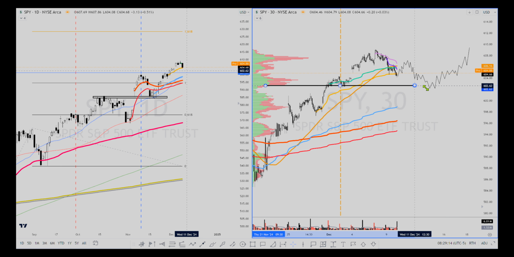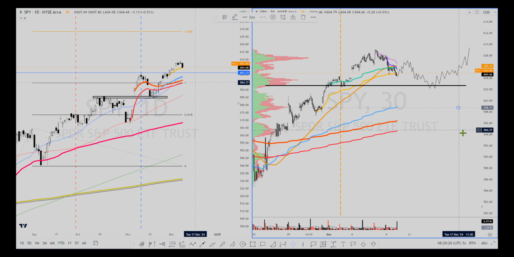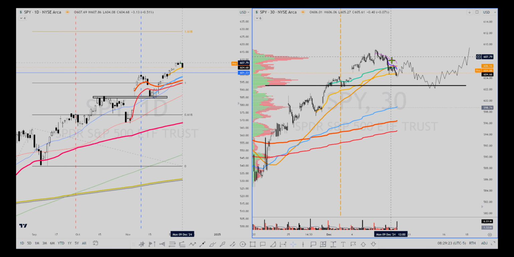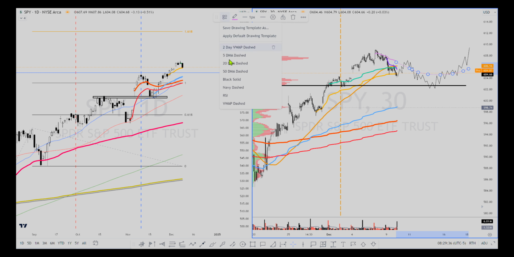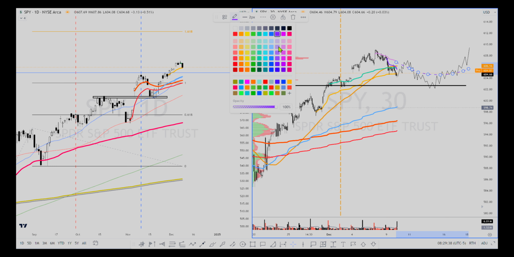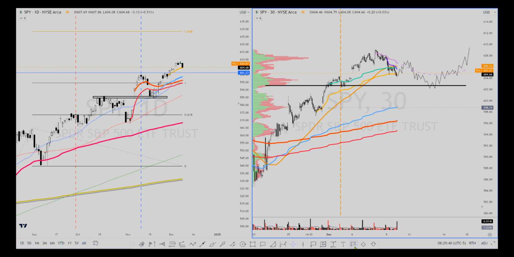If this level does break at the 602.80, I'm going to be monitoring this 598, just under 600. So perhaps this bounces and on this long position, we start to see that VWAP from Friday act as support. So we'll look at that here. This is back to the long situation, and then we can potentially be setting up a stop in